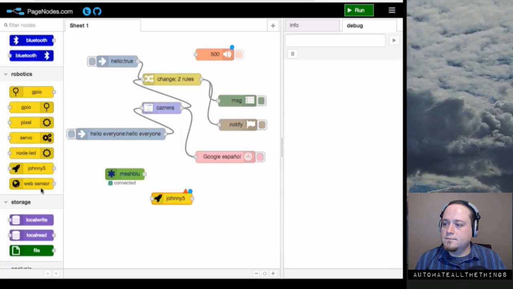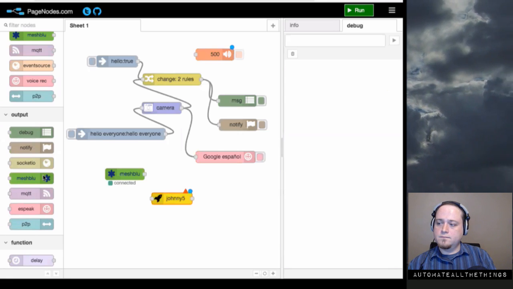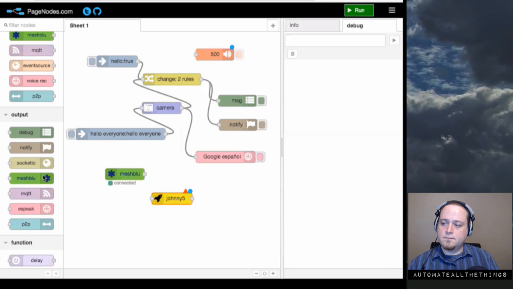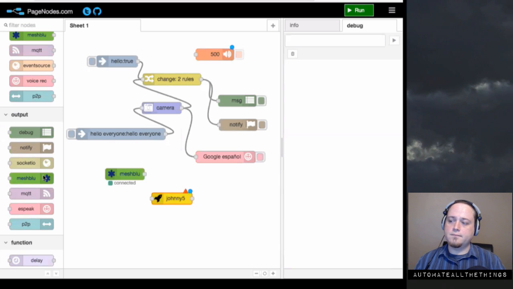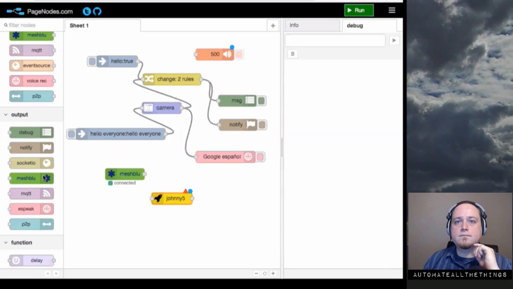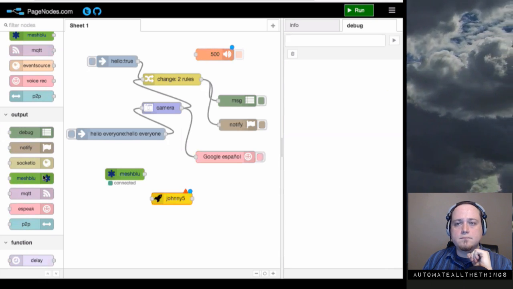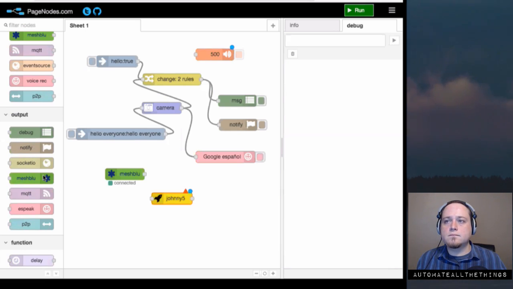Before I get to that, though, there was one thing that I passed by too quickly here. A big thing to distinguish between PageNodes and Node-RED: PageNodes is focused on browser capabilities. One browser capability that I like a lot, and it's been easier in the browser than when I've had to do the same type of thing elsewhere, is peer-to-peer communications. Having a peer-to-peer encrypted channel is much easier to do in a browser than from, say, Node.js in the back end. So I've got